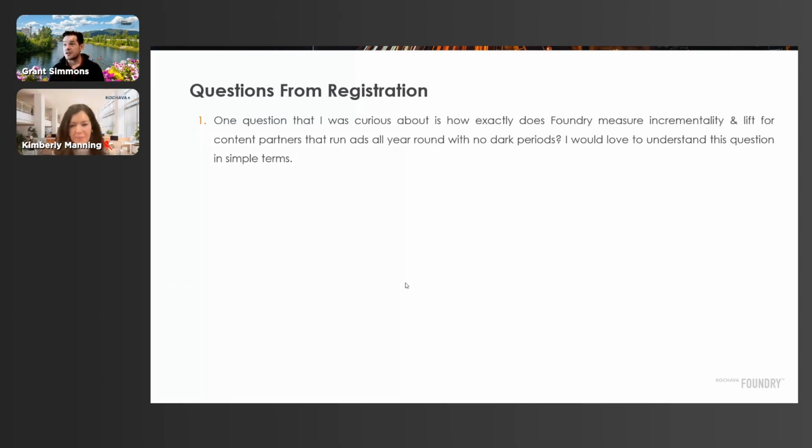Sweet. Yeah, so his first one is how do we measure? We walked through a lot of different ways that we measure incrementality. This notion of running ads all year with no dark periods. So this notion of evergreen measurement. I'll say this, the best solutions I've seen are modeled. And so, again, it's a modeled exercise, but there's been a lot of thought put into this space in terms of a trustworthy, defensible, always on incremental model. Get in touch, there are solutions there.